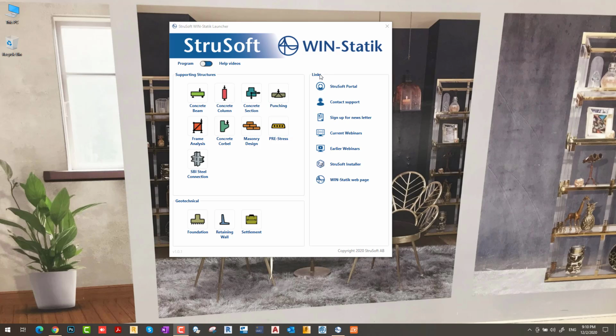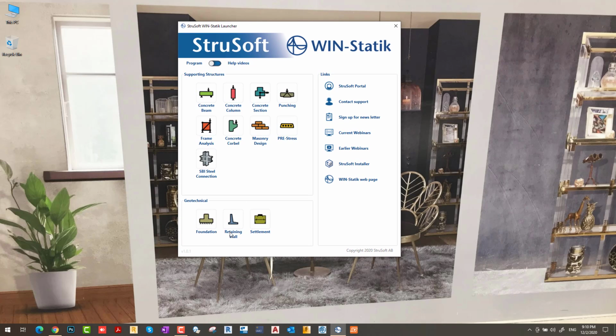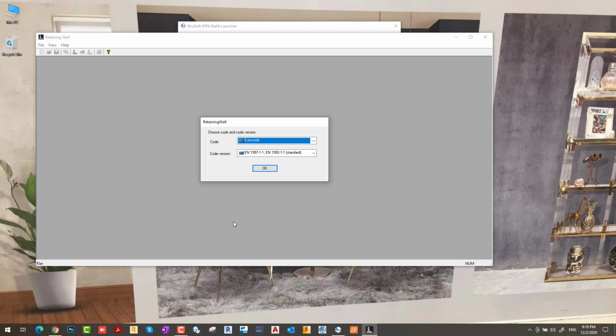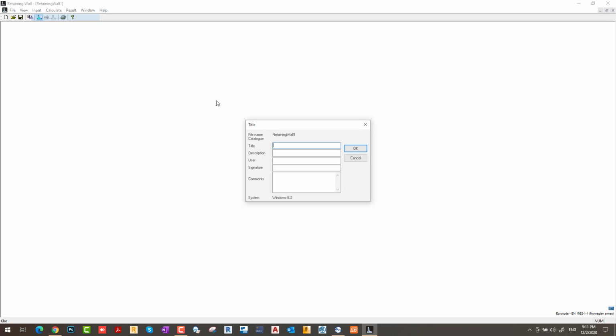As you can see, my WinStatic software is open. I just select my retaining wall application. First I select my national annex, click OK, and minimize my program. Next, I move to the input and select the title. In the title block, I write